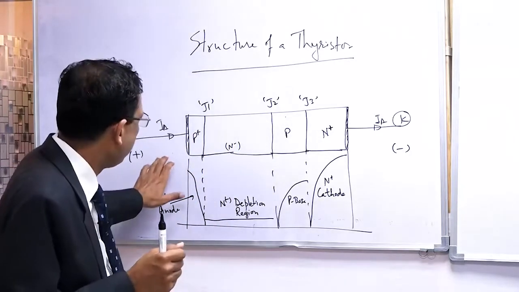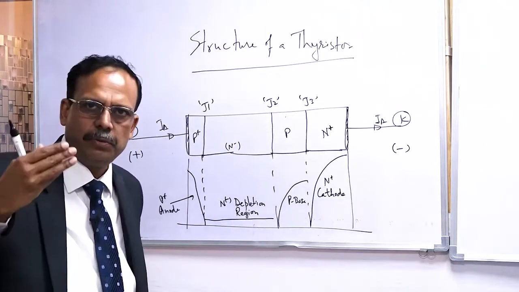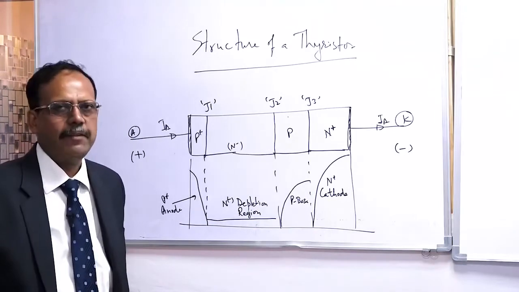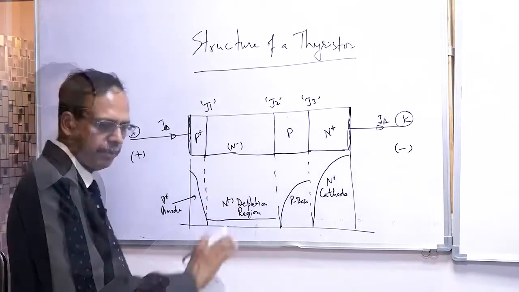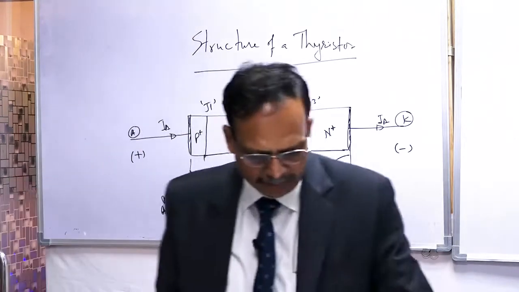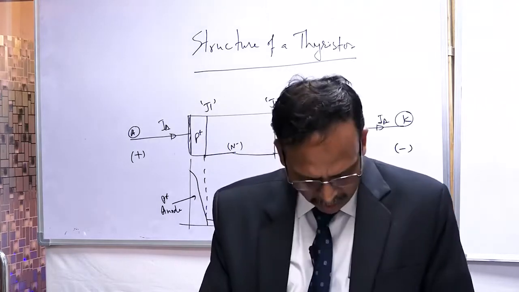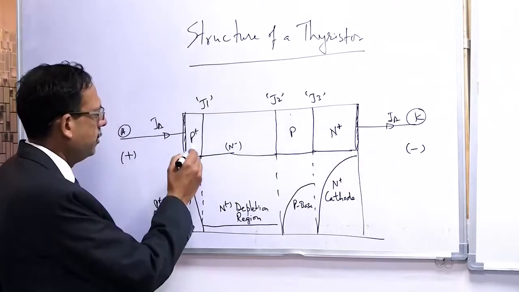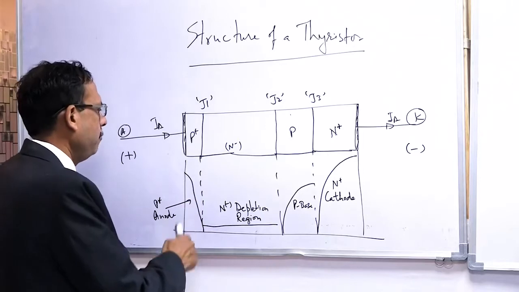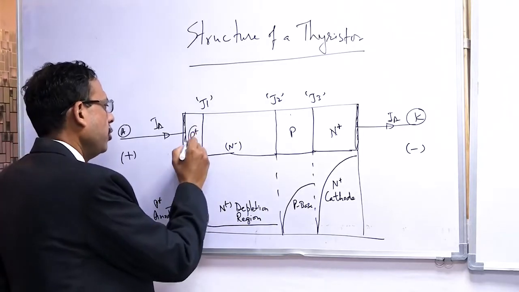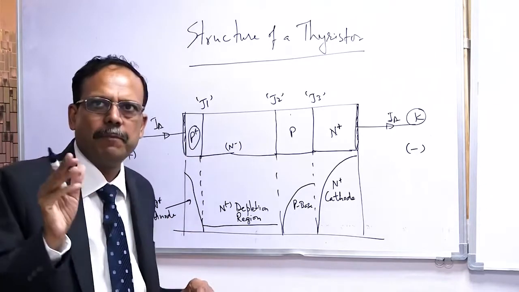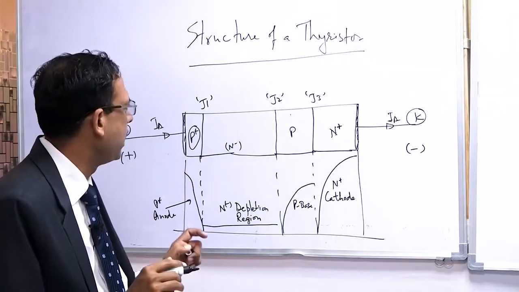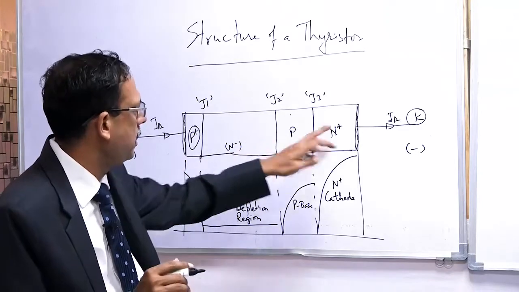Now if everyone has drawn this, then I am going to speak further on this, and then I will be asking questions and then I will be explaining. Structure of a thyristor. Below, something I have written, I have not written what it is, so just draw it. Now what is this P? What is this P plus? Anybody can write on the chat box that at the anode I have put P plus. P plus means what?